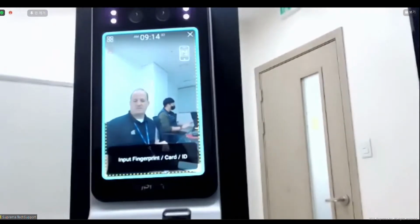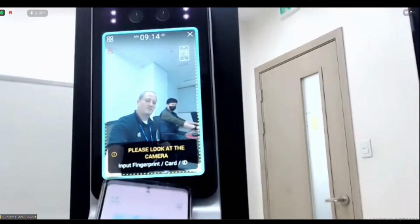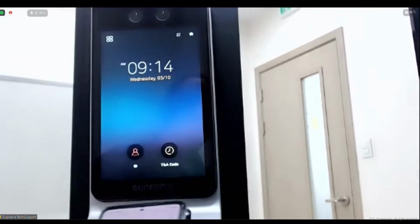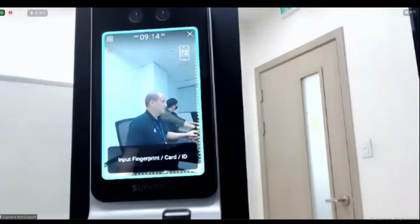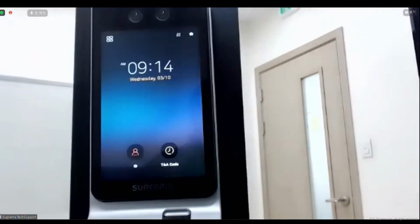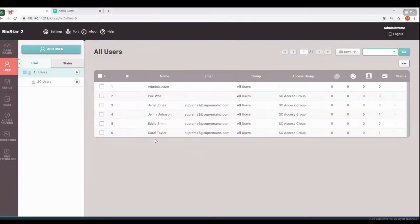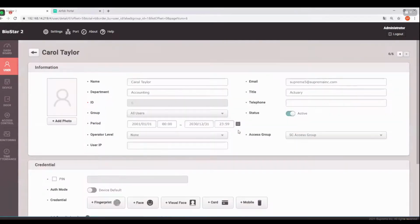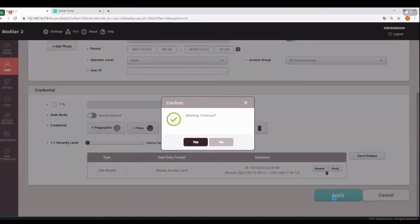I can actually get access granted as Carol Taylor, or now that I've disabled his card, again, it doesn't work because I've disabled that site with that reader. But as Carol Taylor, I'm getting access granted. However, I can have greater control over this because it's a dynamic site. So I can go back to Carol Taylor, and when I delete this card,